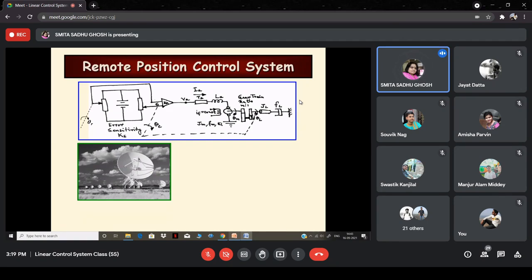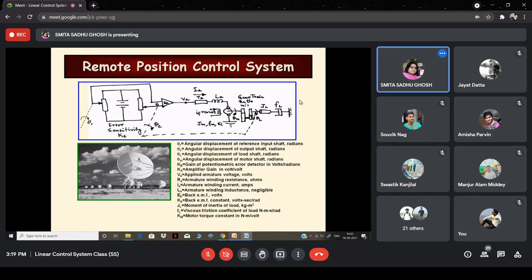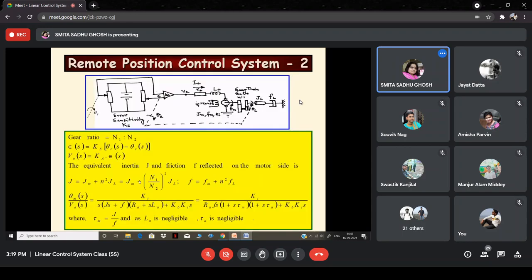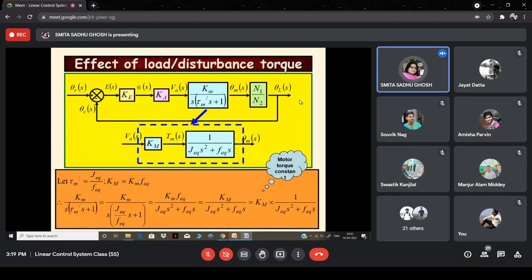Automatically, the shaft over here for this dish antenna is going to be displaced from the desired position, right? So the effect of such disturbing torque is what we are going to consider next, right? Now, for that, since the disturbance comes in the form of a